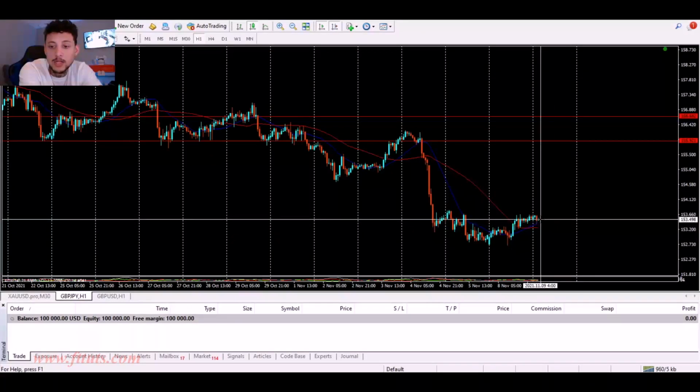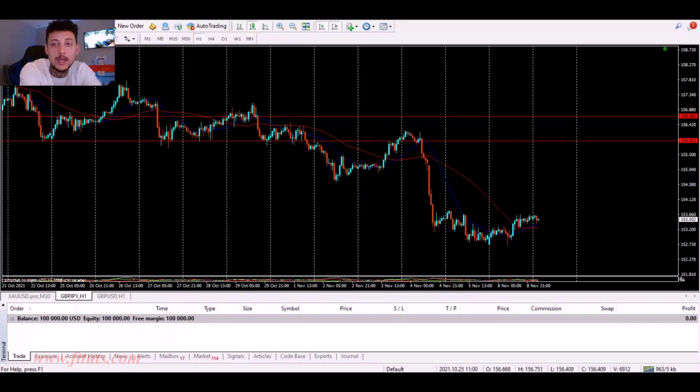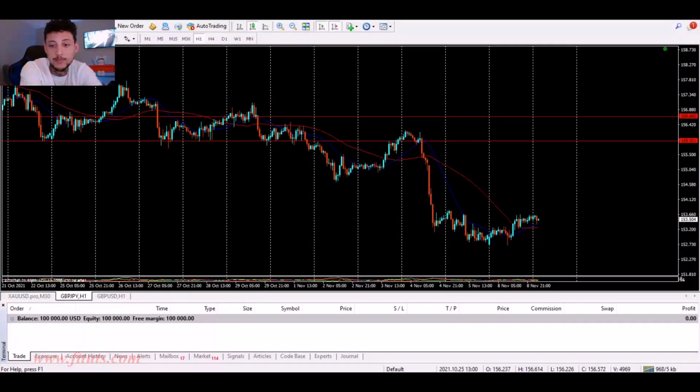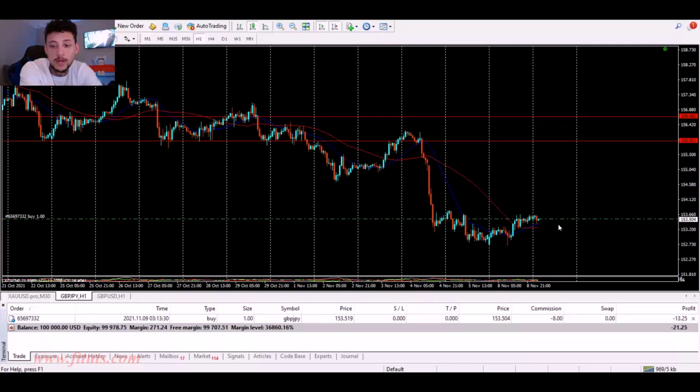So if I want to enter a buy on the market here, and I want my stop loss to be here at 133 pips, I'm going to 103 pips. I'm going to lose roughly $1,003. Now, when I press buy, right? Oh, by the way, this warning is going to come up. This is a disclaimer from the MetaTrader, right? Just press OK. When I press buy, right, now we can see a little bit more information on the trade,